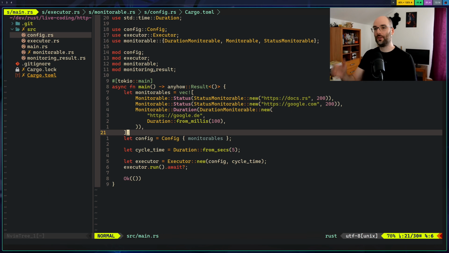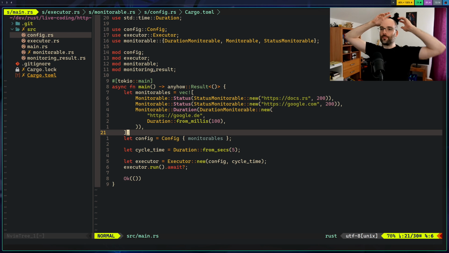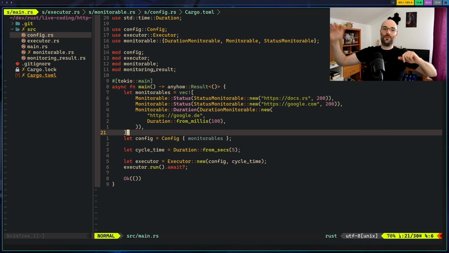And we should now be able to write this to a file. So probably this is the point where things get a bit sketchy, because we have to think about how we want to use this in the end. It's probably not so user-friendly to just tell the user, hey, you have to write your JSON file by hand in order to get all your config running. And if you have one keyword wrong, then it's gonna panic. Well, not the best idea.